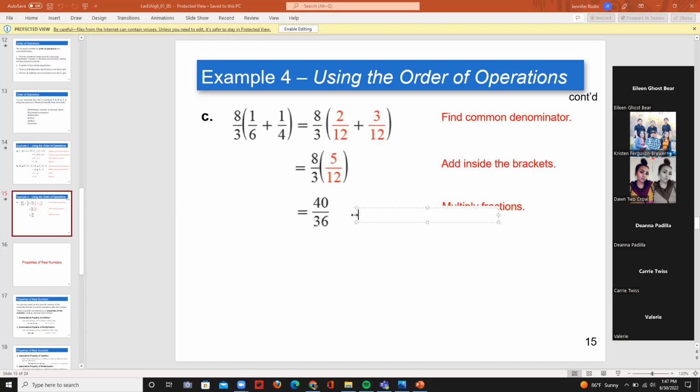Can you really quick go over how you cross cancel again? Yep. Thank you. So I was trying to get my little tools out here. Here we go. Let me do a draw line. Okay, 8 and 12 are both divisible by 4. So 4 into 8 is going to be 2. I'll write it on another space. And 4 into 12 is going to be 3. So it's going to end up to be